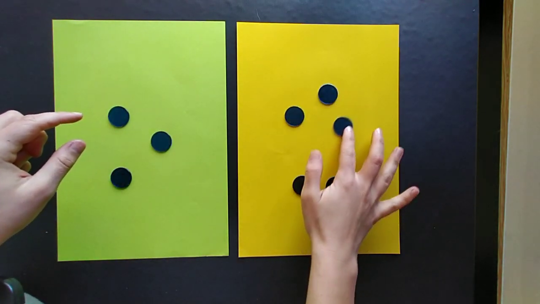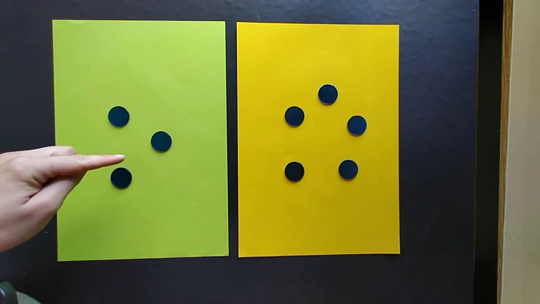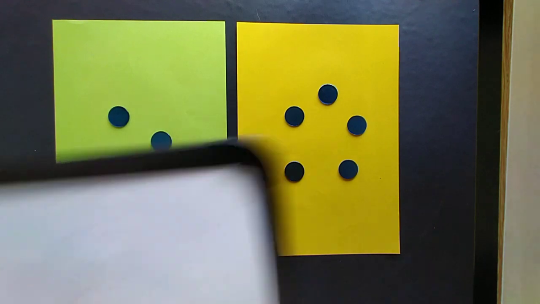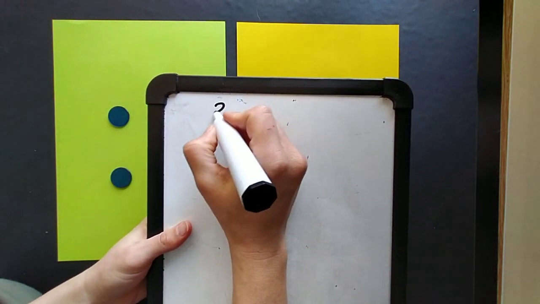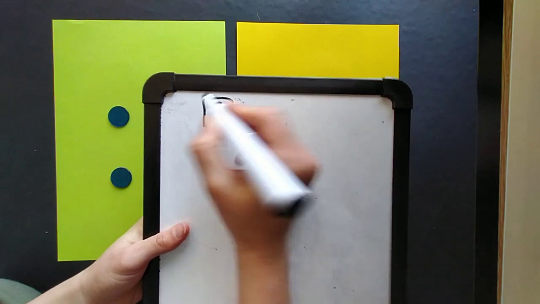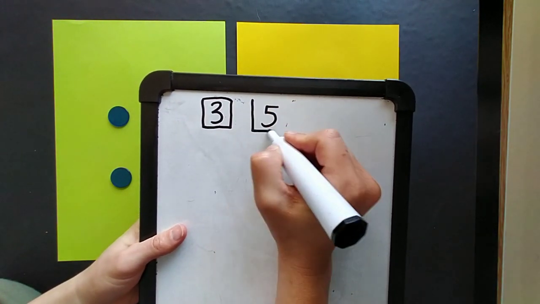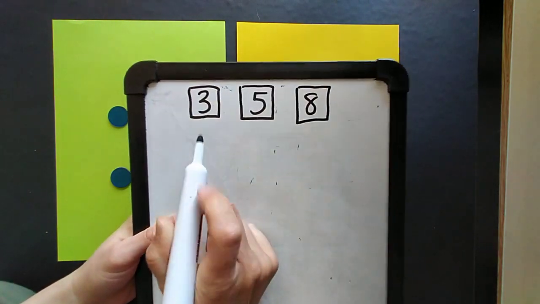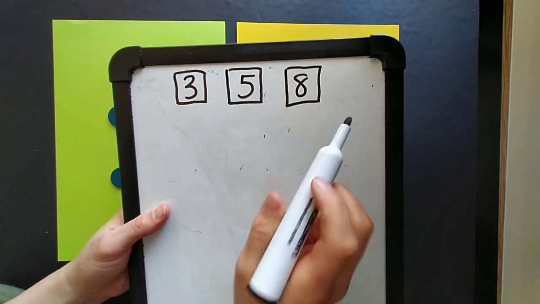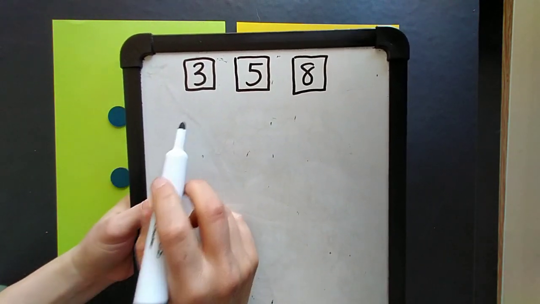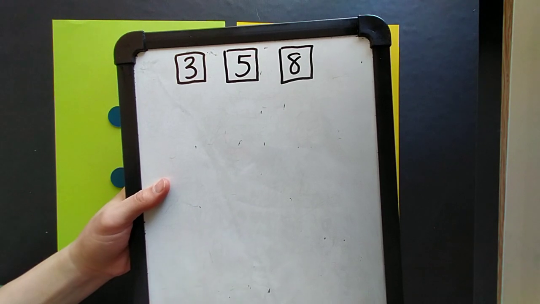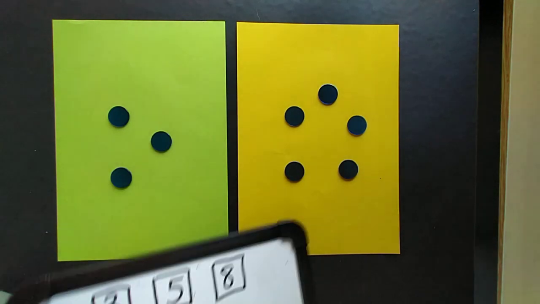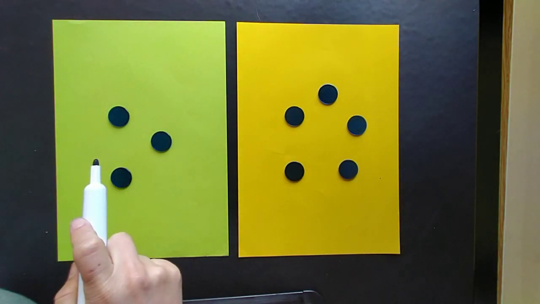Our 3 numbers we'll be working with today are 3, 5 and 8. I'll put them at the top of my board. 3, 5, 8. Using these 3 numbers and these 3 numbers only, we can make 2 addition sentences and 2 subtraction sentences that are true. So the first one that comes to mind when I see this is 3 plus 5